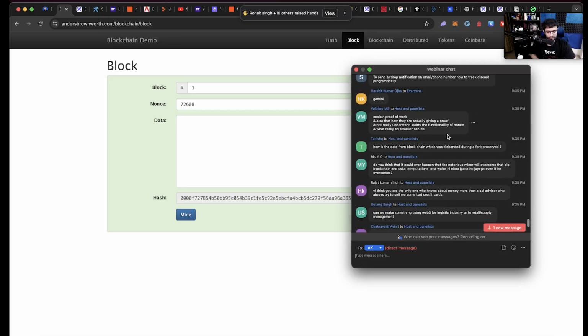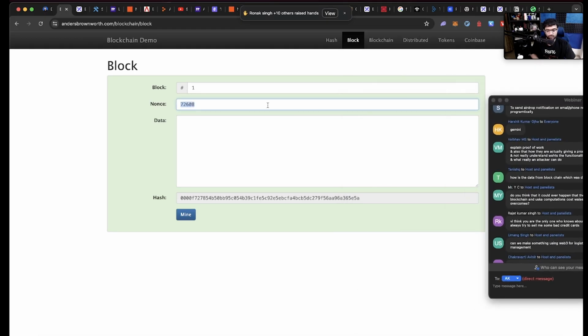And not really understand what the functionality of the nonce is and what really an attacker can do. So nonce, look at the nonce. Let me put some random thing here. Click on mine. The nonce became 189249. Let me change this else. Again, click on mine. What changes? The nonce changes. The nonce is something, it is an infinite loop that the miner is running, trying to find